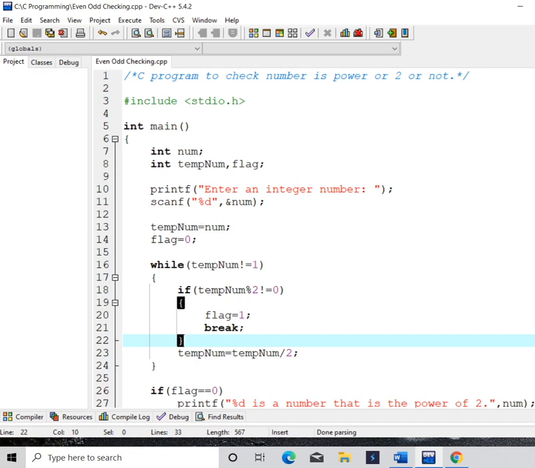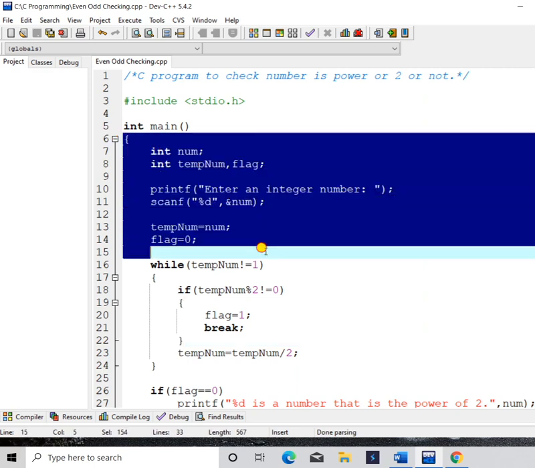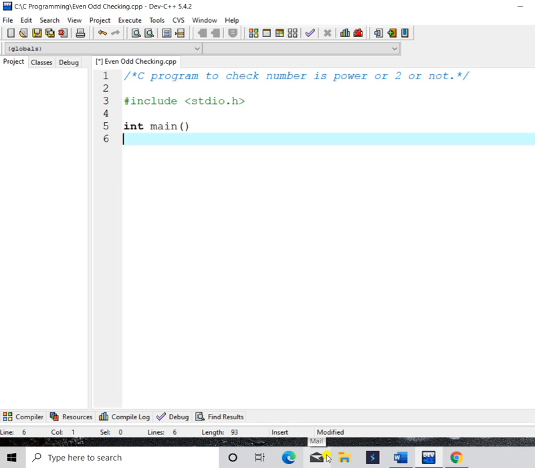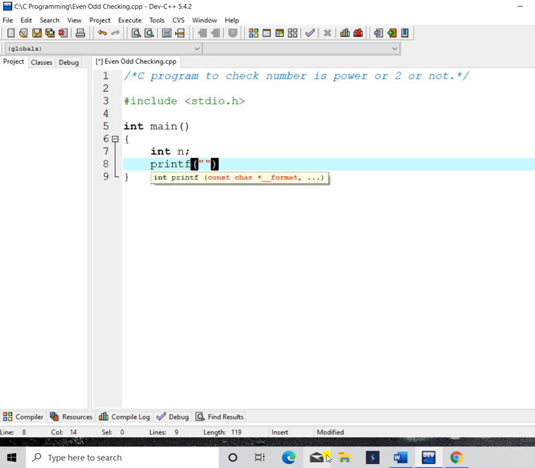Now I am going to the other method. I delete this part. Here I am taking, suppose, an integer number, int n. printf, backslash n.